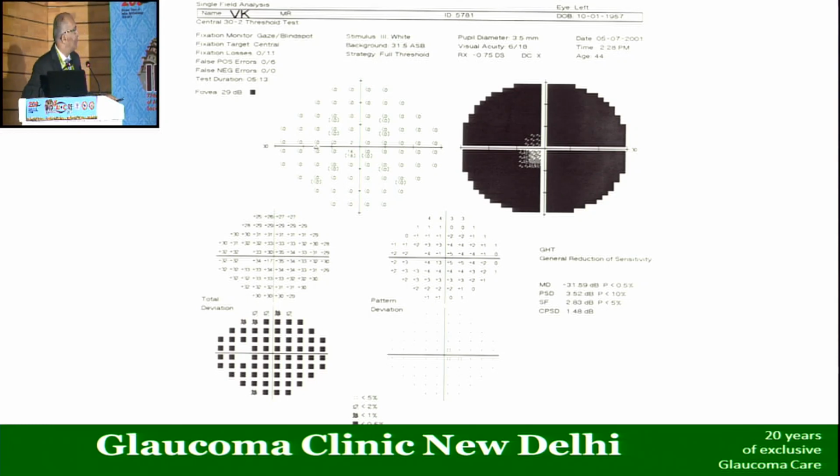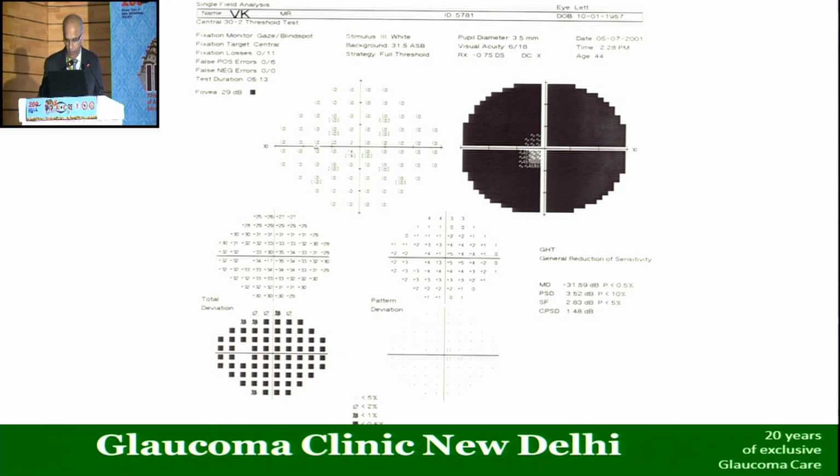So if you just have a look at these visual fields, you'll find that on the total deviation plot, there's a marked depression. But fortunately, there is no depression evident on the pattern deviation. So I'm sure you'll all agree with me that this patient does not need treatment for glaucoma, right? How many of you agree with that? Yes? So the reason why we think like this and make a mistake is because we do not follow the